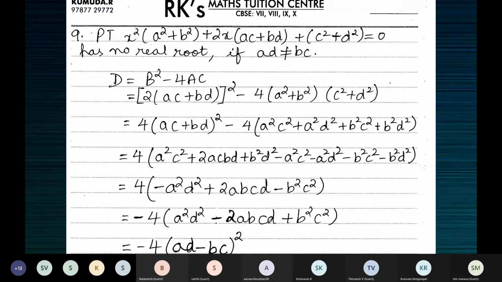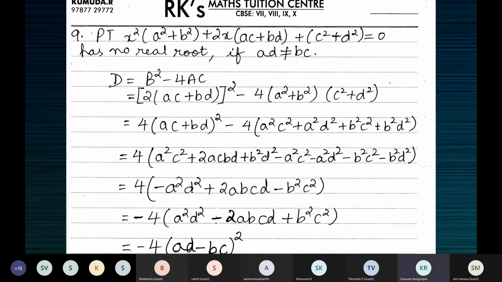In that question, it's given that the equation has equal roots. So you know the nature of the roots there. So you're not finding the discriminant. You know the discriminant is 0.